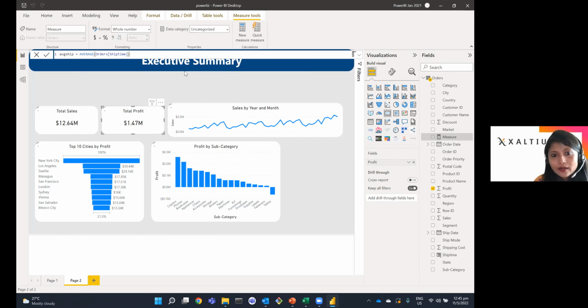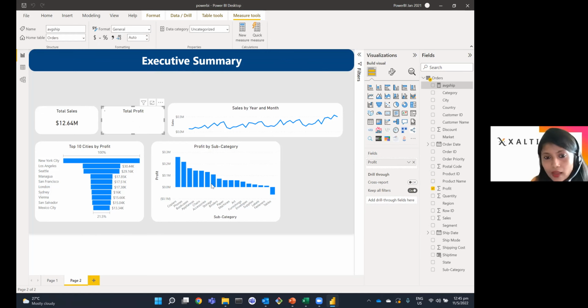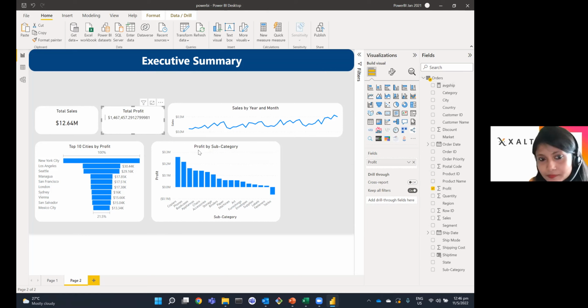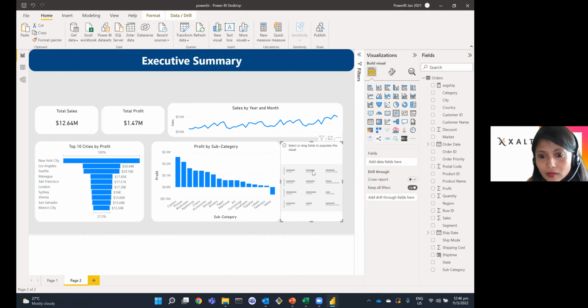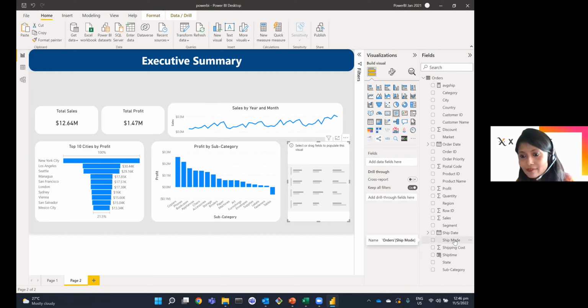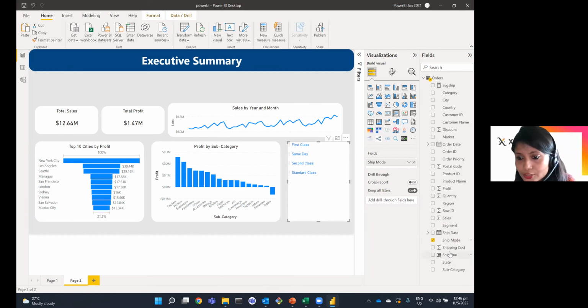And then we are going to see for the different shipping orders how the shipping time looks. So I have the ship mode over here, which I'm going to bring into my visualization. And I do have the average shipping time that I just created.